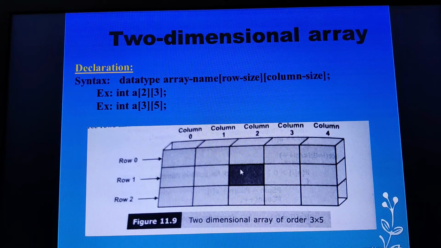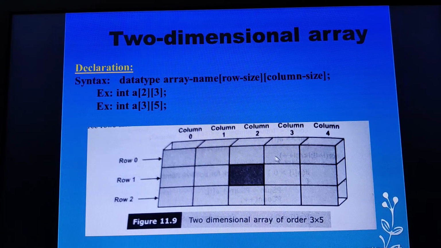What if I want to fetch the element at this other location? How do I write the array subscript? How do I mention that particular position? That is A of 1 and 2. How am I referring to it? We should always refer to the row first and then the column.